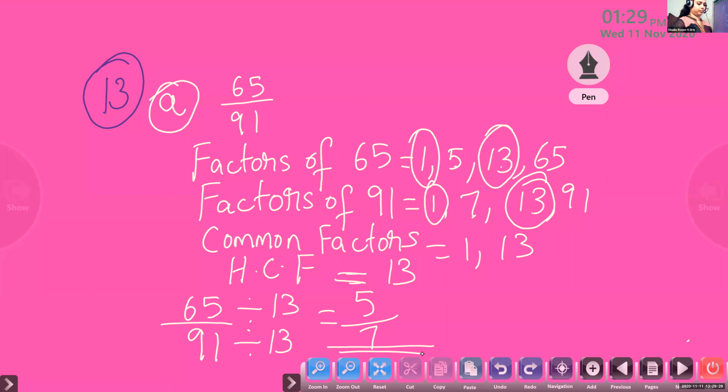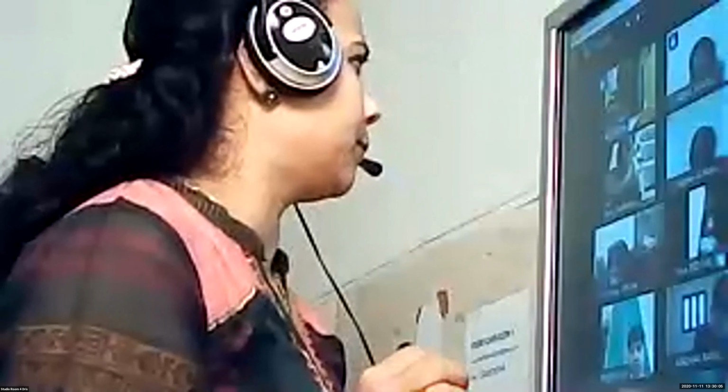Children, write it fast. The time is going to finish. Excuse me, ma'am. What is the homework? Question number 13 B. Ma'am, can we do B by the prime factorization method? Yes, but you have to divide by HCF. Then how to find it in the prime factorization method? No need. Just find the HCF and do the calculation. Then children, what you have to do? Divide numerator and denominator by HCF.